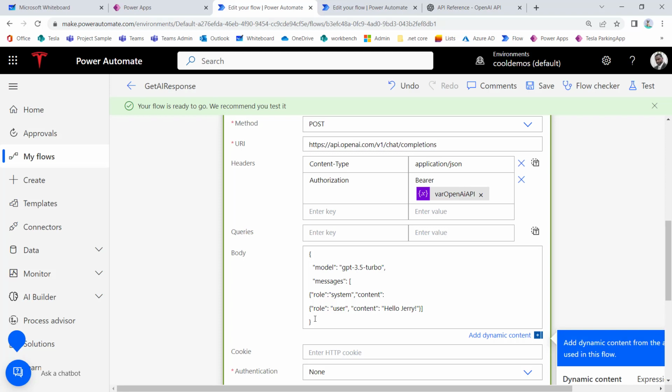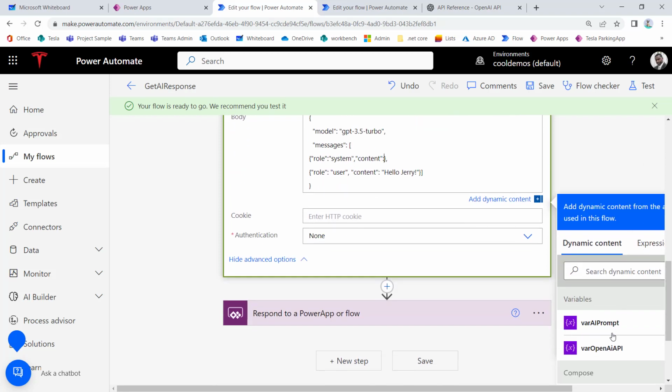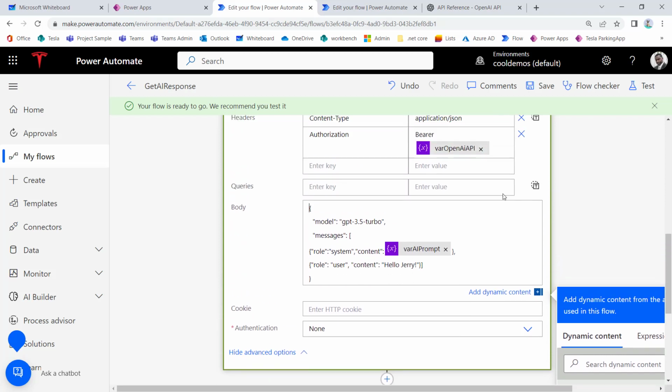and then within that content, again, this is where, actually, let me close this curly bracket and begin, and don't forget the comma. And so really the content for the system is going to be that prompt, right? And this is why I love using variables for this, because we're going to be constantly updating this, and you don't want to be making copy updates or text updates in this environment and forget the semicolon or fat finger something and miss a double quote or something like that, and you'd be spinning your wheels because you want to make a simple text change and now your solution stops working. So let's just save this,